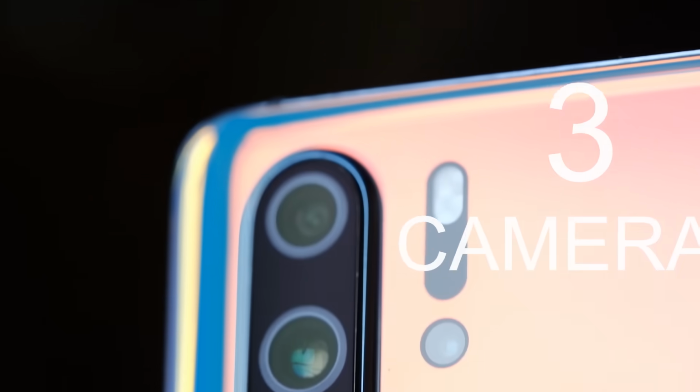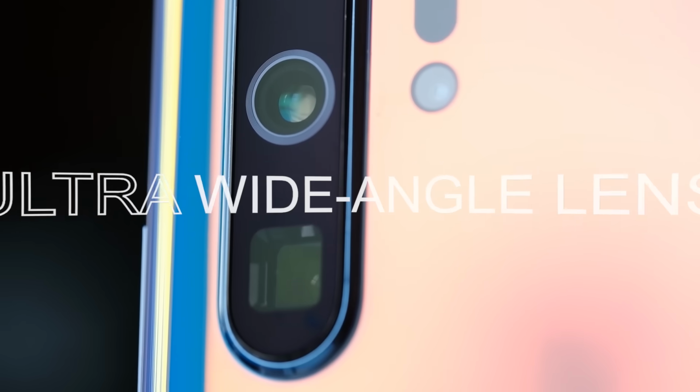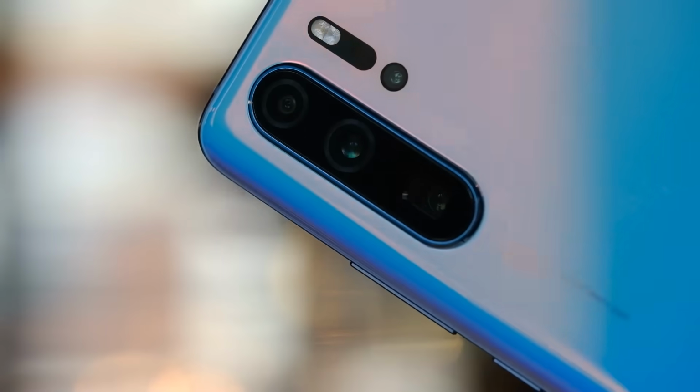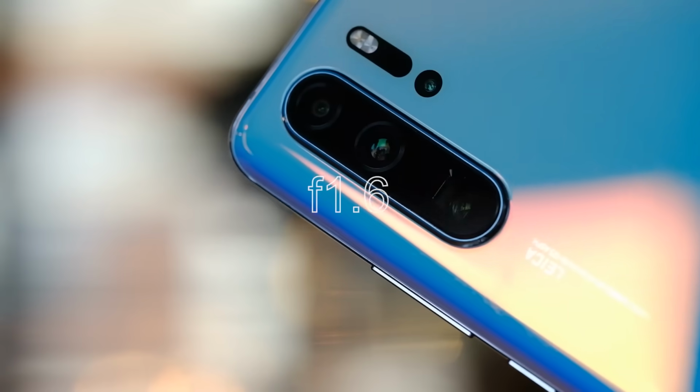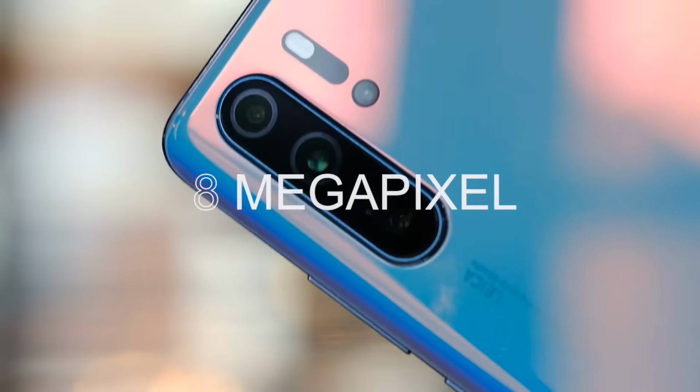Now on the back of this phone, you've got three cameras. You've got a 16 megapixel wide angle camera with an aperture of f2.2 and optical image stabilization. You've got that 40 megapixel main camera with an f1.6 aperture. And in the Huawei P30 Pro, you've got an 8 megapixel 5x optical telephoto zoom camera with an aperture of